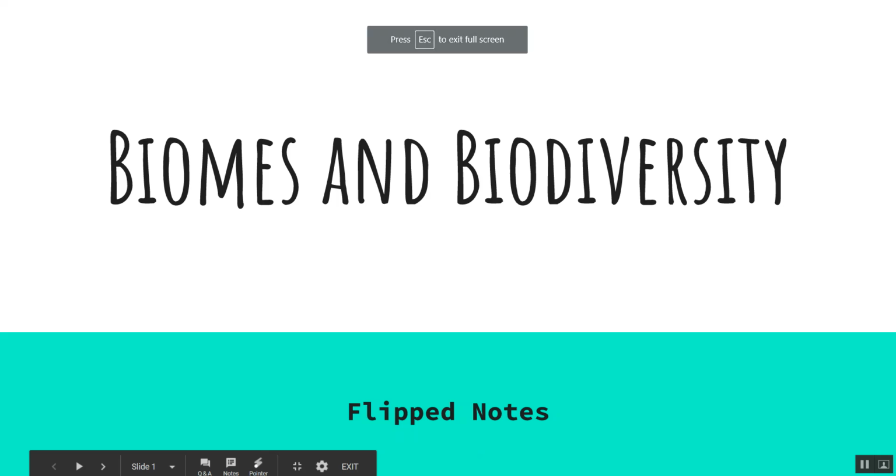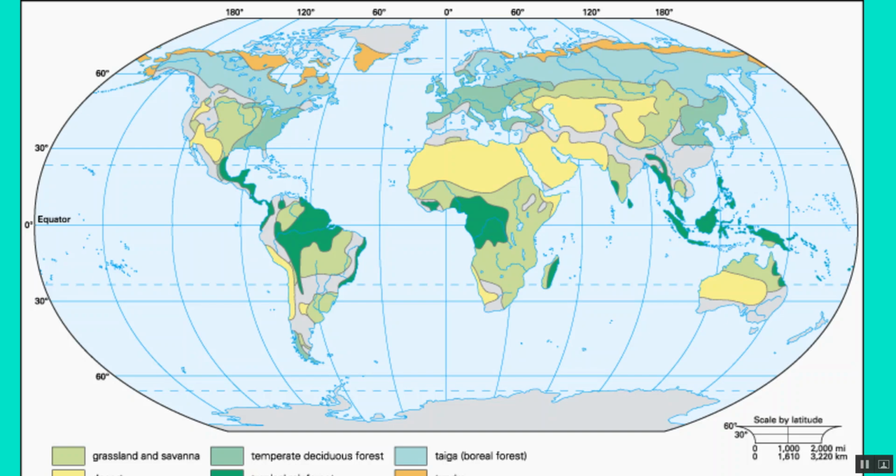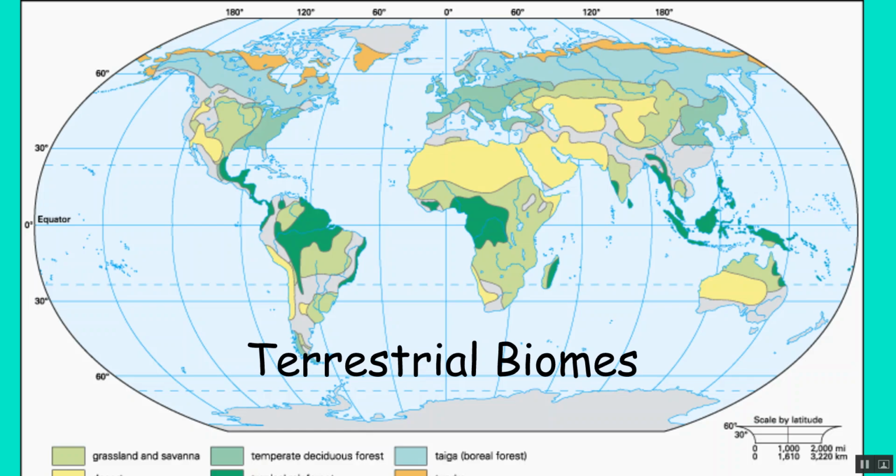And welcome to our Biomes and Biodiversity flipped notes for this section in ecosystems. So here is a picture of the world. It should look fairly familiar to you. This shows the 7 major biomes of the world. There are 6 terrestrial biomes. Terrestrial means land. And the 7th biome is your water, and that's going to be your fresh water and your